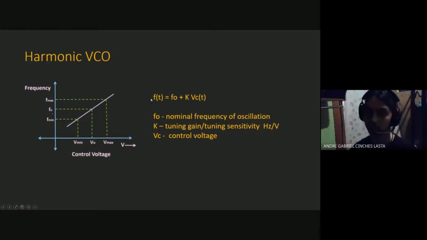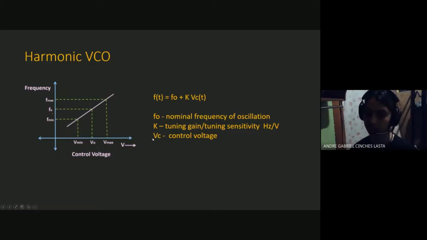And we can observe this in the formula. f(t) is equal to f0 plus k times vc(t), where f0 is the nominal frequency of oscillation, which is specified in the spec sheet, and k here is the tuning gain or tuning sensitivity, also specified in the spec sheet, and this is usually expressed in terms of hertz per volt. So this is just a factor that will tell how much the output frequency will change with respect to the